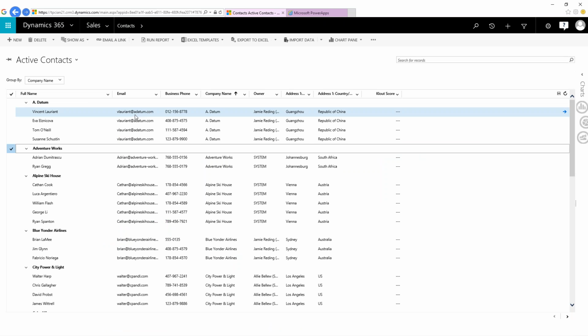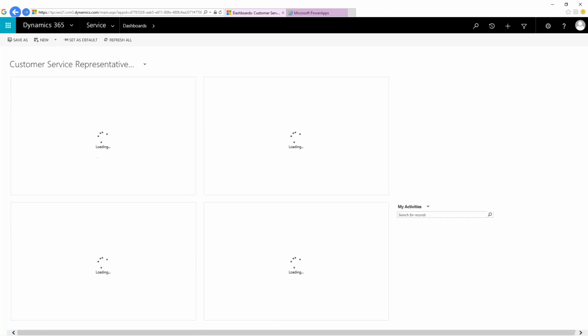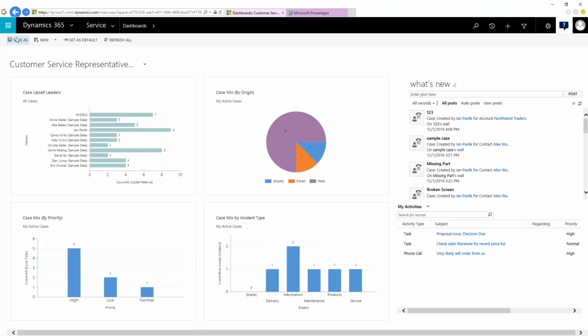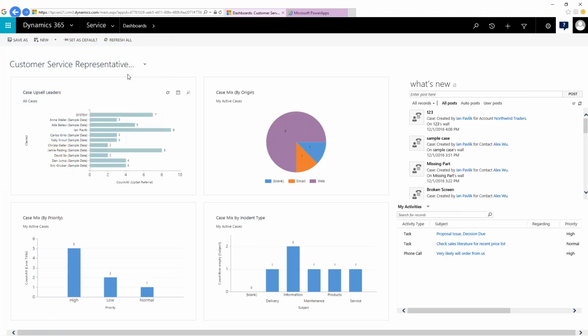Essentially, what I wanted to get across is that 365 looks and feels much like CRM does at the moment, except that it's broken up into this concept of apps. I can click between apps, which is just a segmentation of the different functionality in CRM. Then we've got the addition of Power Apps and Flow, which are good, but they're not mature yet, I don't think. And we've got those great editable grids. There's a handful of other new features, but we won't go into all of them today.